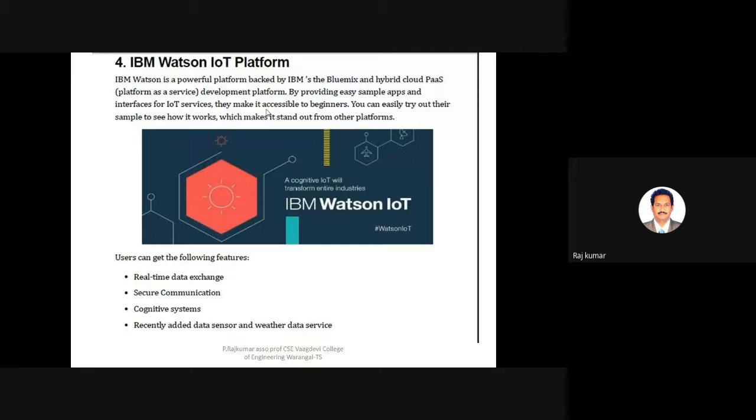Every service provider, that is cloud service provider, will give us a token value, some encrypted data, some alphanumeric value of some 50 or 60 digits like that. That token will be taken as a credential from your IoT device.